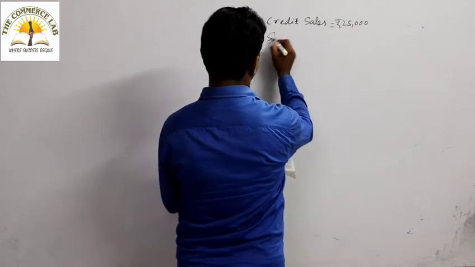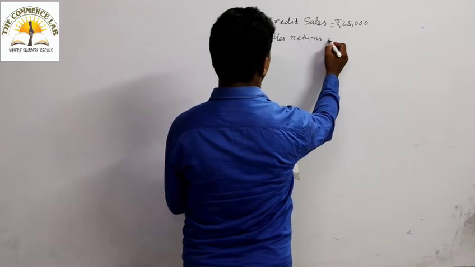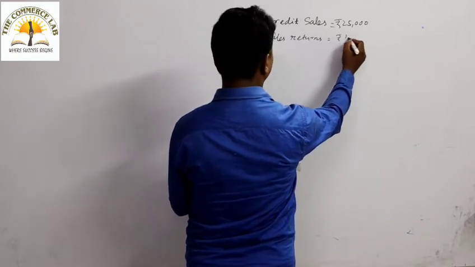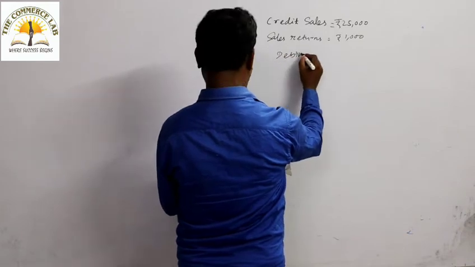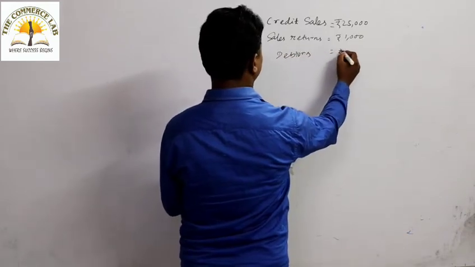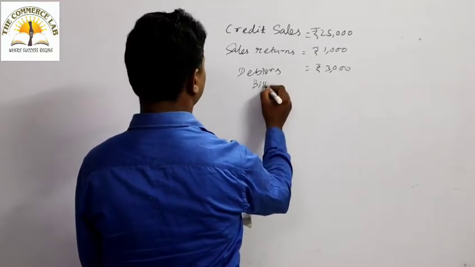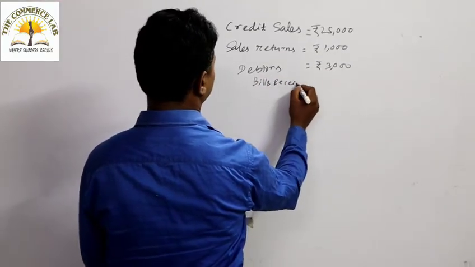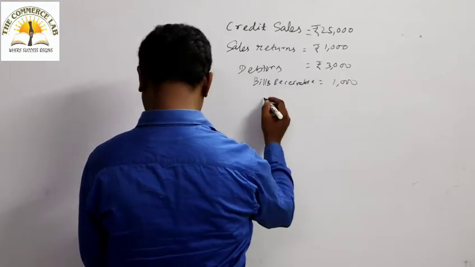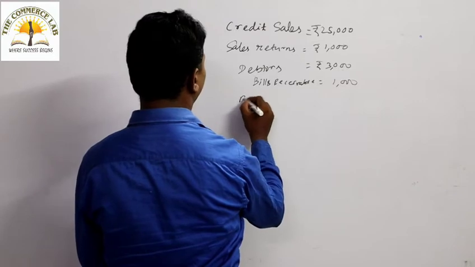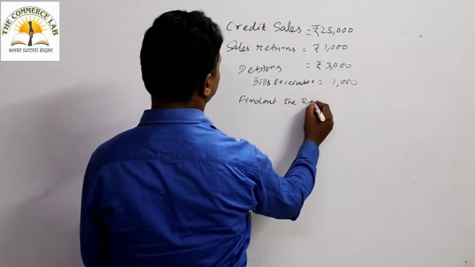Then sales return, how much? That is 1,000. Then debtors, that is 3,000. Then the bills receivable, that is 1,000. Here, what is asked? Find out the receivable